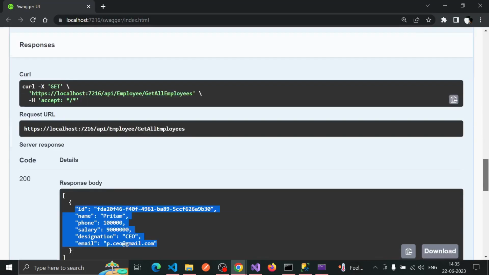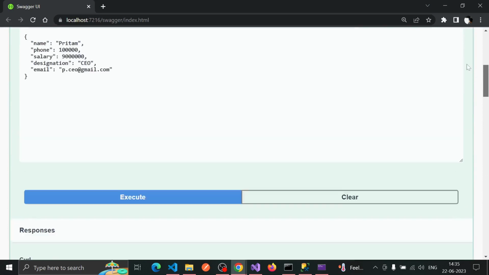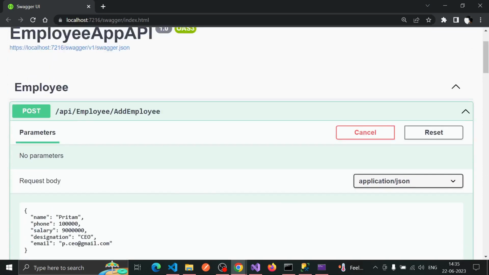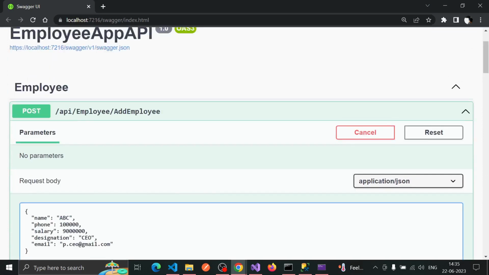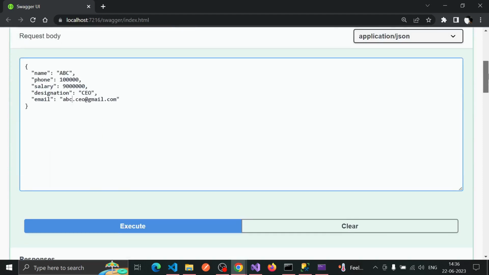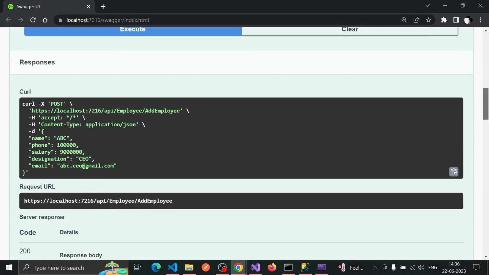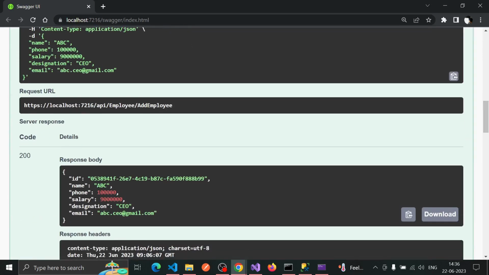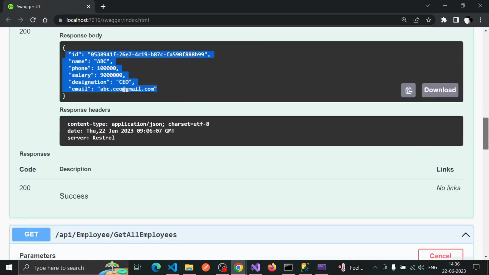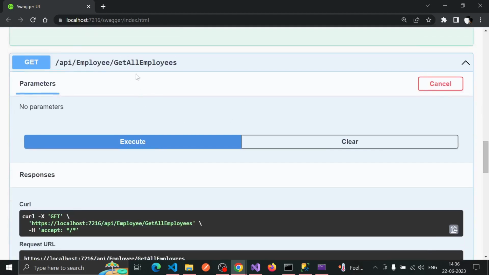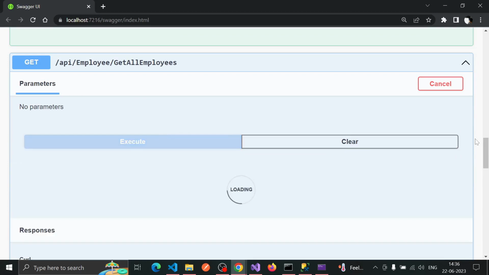Now let me add one dummy data here. I'll do ABC, and then this value never changed. I will not change it, and this is ABC dot email. I will later on delete this. So I'll execute this method, and it will create, see, ABC, name of the employee is ABC, phone number, email ID, all this with a new ID. It's been created. Now if I go for get all employees and hit execute, it will give me two data